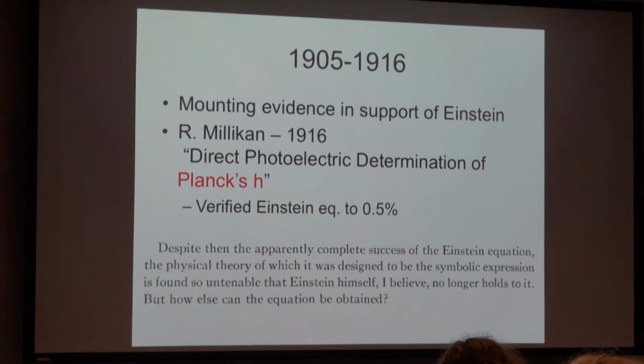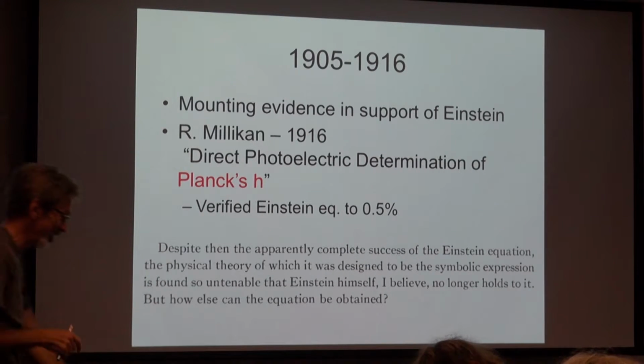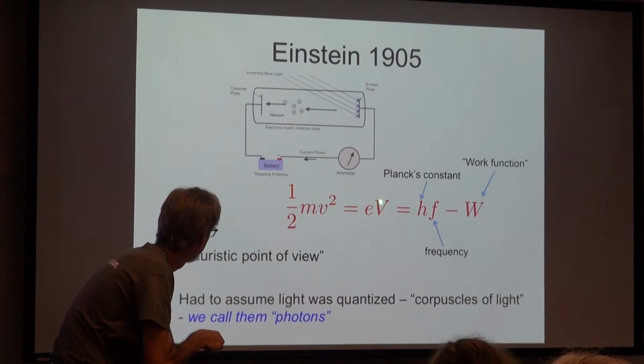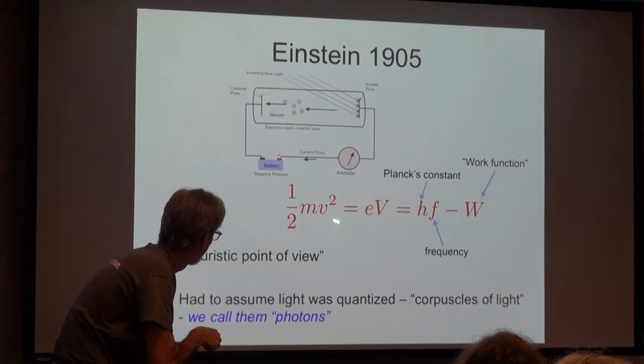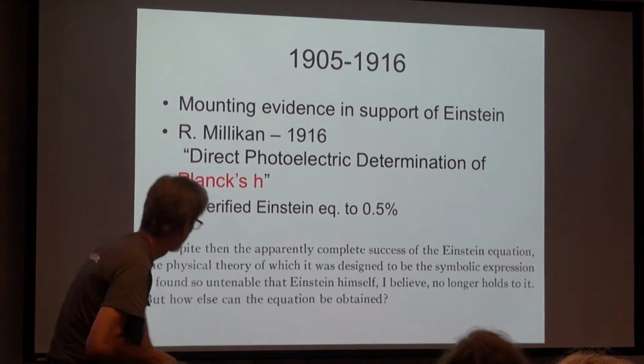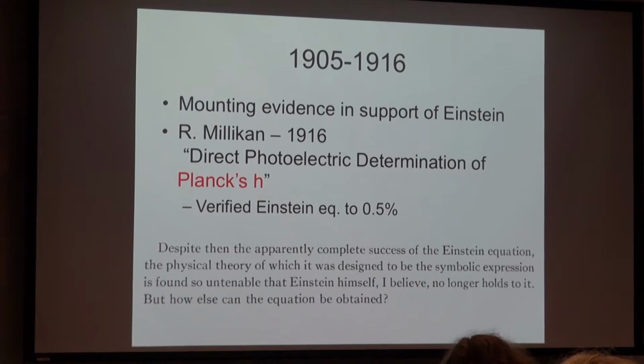So this was really the first very careful measurement of a very simple function. It's just a straight line. You look at the energy of the electrons as a function of the frequency of light, and it's just a straight line. Millikan did that to 0.5%. Even so, Millikan didn't really believe the physics behind Einstein. This is a quote from his paper: Despite the apparently complete success of Einstein's equation, the physical theory of which it was designed to be the symbolic